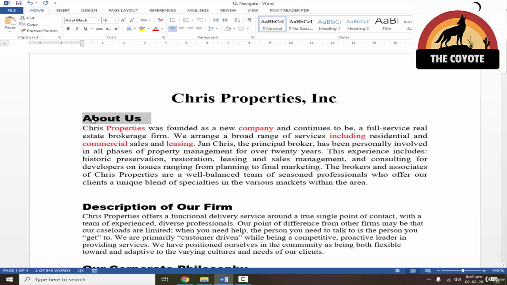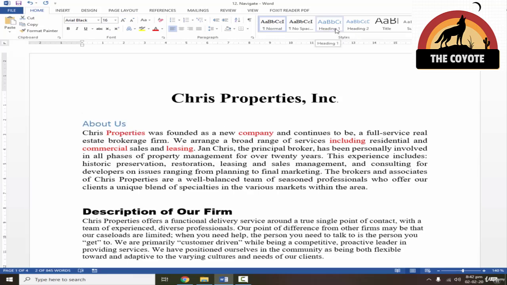What I'll do is I'll just select the heading, and under the Home tab there is a special section named Styles, in which you can find this option, heading. So I'll just mark it as heading. It will automatically format this and change its color. Now it's not only about changing the color, it has a very interesting function which I'll show you in a bit. But let me just apply this formatting to all of this.